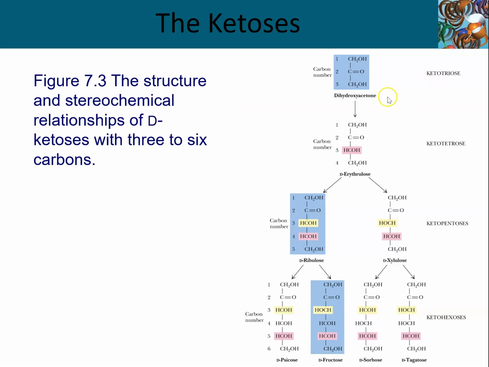If we add another carbon to this chain, we're going to get our ketotetrose, and that's going to establish our first asymmetric carbon. And this will be D-erythrulose. So once again, because the hydroxyl group is off to the right side, the way it's drawn here, this is going to be D-erythrulose. If we put a mirror right here, and we did a perfect mirror image of this entire compound, not selectively only inverting carbon 3, but inverting every single position, what you'd get is L-erythrulose.